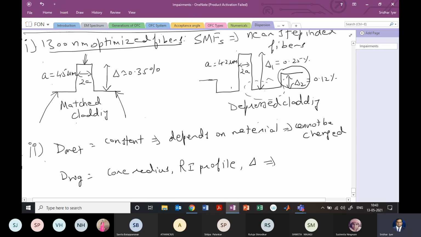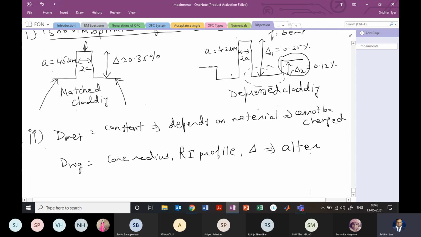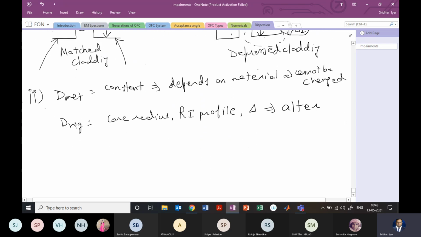So we can alter all these three, or any two or any one, so that we can shift this waveguide dispersion to longer wavelength,